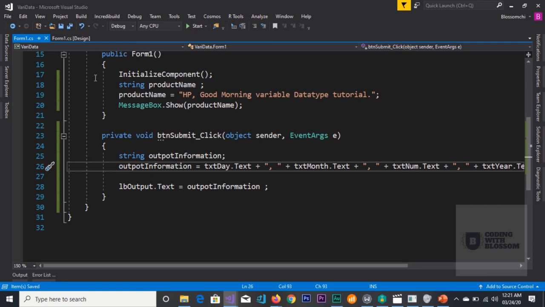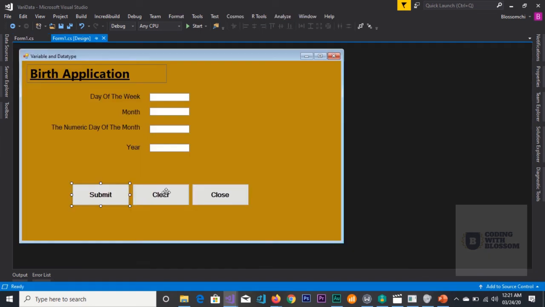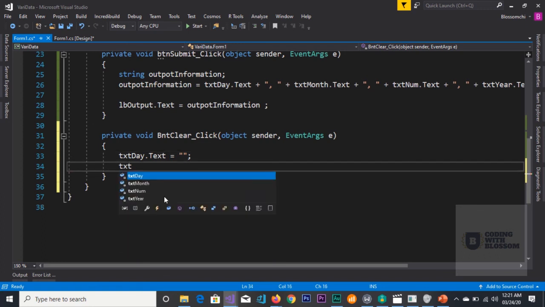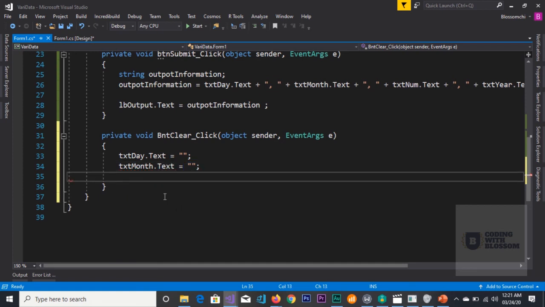Then I'm going to write for my clear information. What will happen anytime I click on my clear? It should just erase the information that is there. So starting from txt day.text is equals to empty space terminate, txt month.text is equals to empty space terminate, then txt numeric day dot text is equals to empty space terminate, and the last is